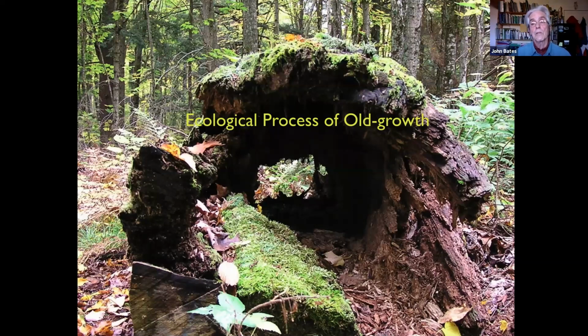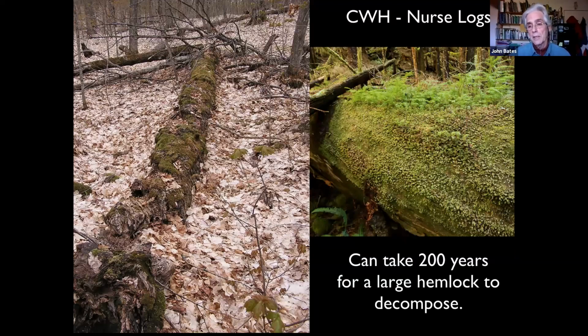Well, for one reason, when these trees fall down, they provide nurse logs. They provide habitat for other trees to get established upon, because when an old growth hemlock tree falls down, it gets invaded by moss rather rapidly, surprisingly, and it can take 200 years for a big old hemlock to fully decompose. In that 200 years, a whole lot of seedlings get started on top of that mossy, moist hemlock log. If you look at hemlock seeds, hopefully you've all seen a hemlock cone. It's about the size of a little root beer barrel. If you remember root beer barrels from when you were a kid, they're just little things. They look way bigger in this picture, and the seeds are really tiny.